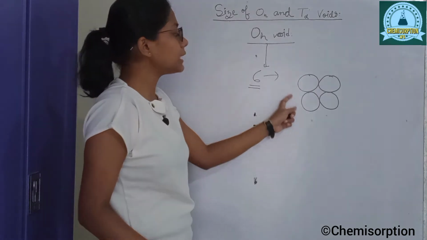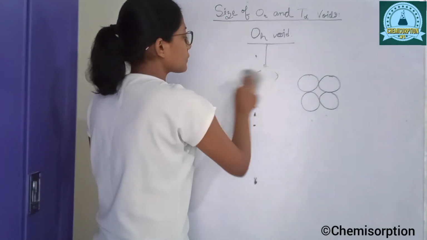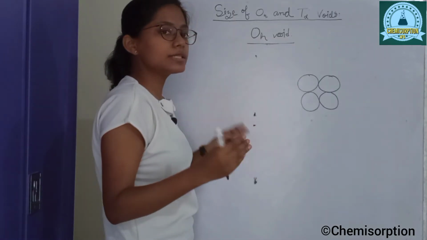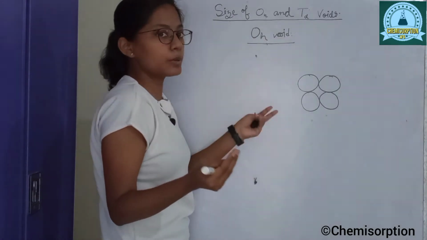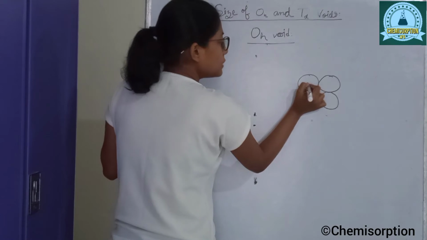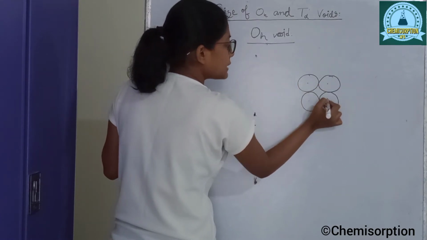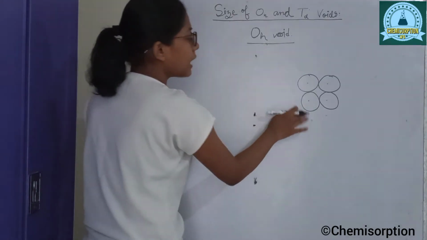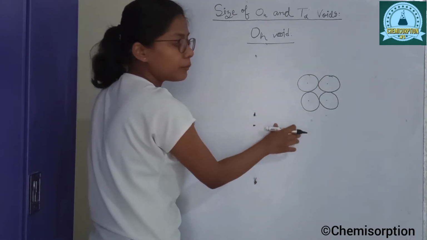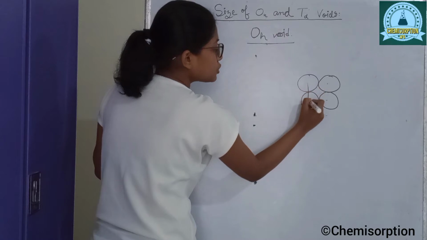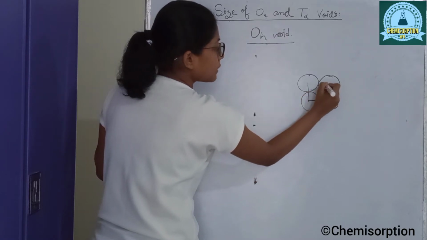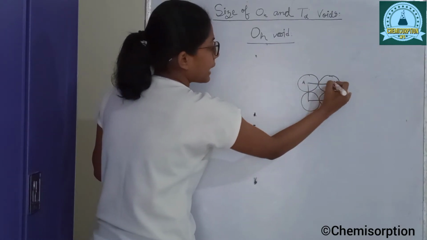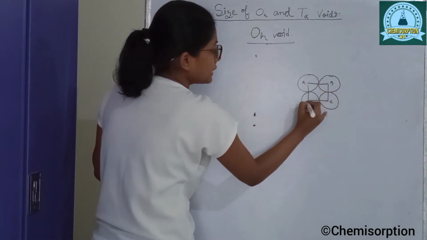Now we will see only 4 spheres. We are not considering the sphere which is above the plane and the one which is below the plane. Suppose one octahedral void is formed by 6 touching spheres and out of them 4 are represented on the board. Now if we join the centers of these spheres, we will find one square. Suppose the square is A, B, C and D.